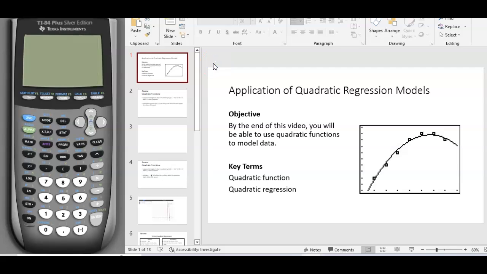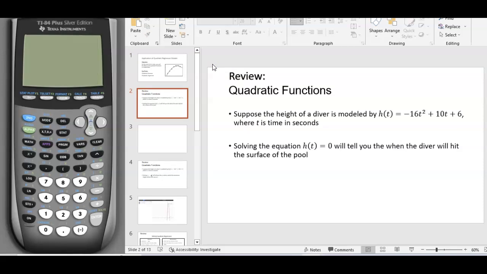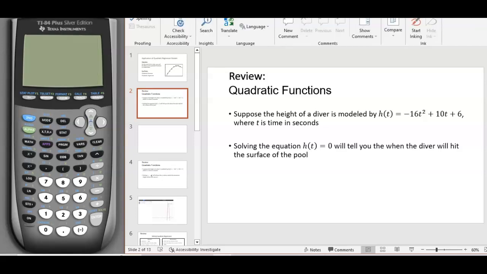So in this video, we're going to talk about how to use quadratic functions to model data. So suppose the height of a diver is modeled by h of t equals negative 16t squared plus 10t plus 6, where t is the time in seconds. Solving the equation h of t equals 0 will actually tell you when the diver will hit the surface of